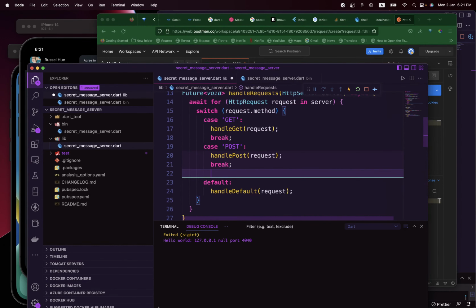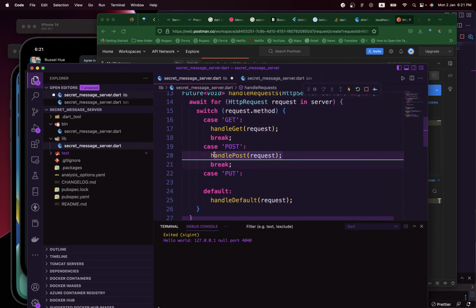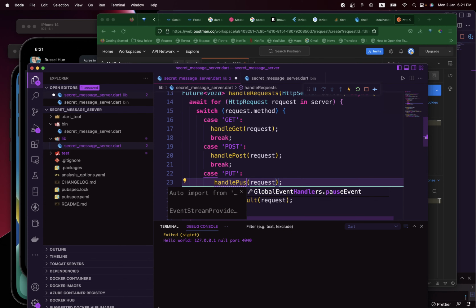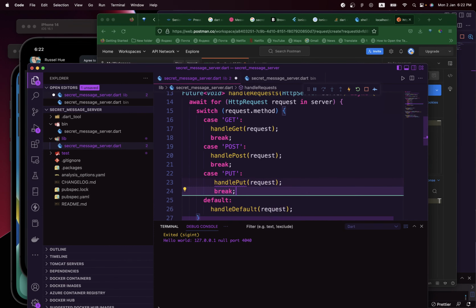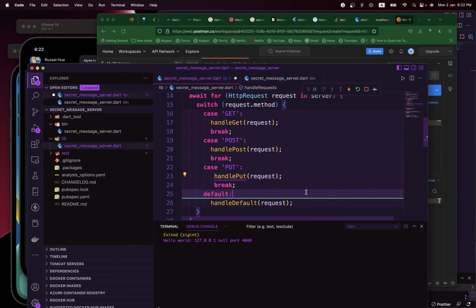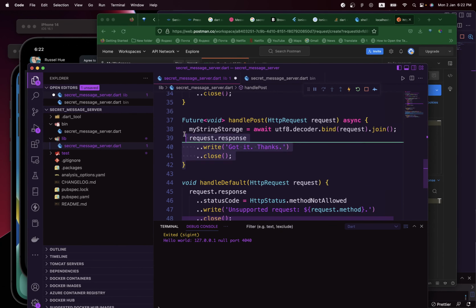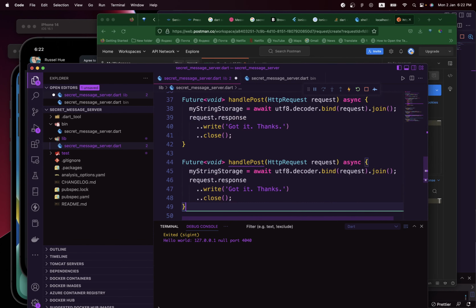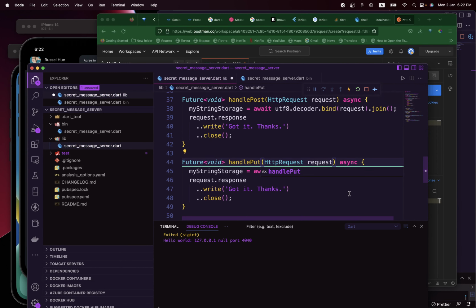Let's try another request. Let's try something like case put. Let's try a put request. For that, I'm going to create a function. I'll call this handle put request. And then once everything is done, go ahead and break out. This handle put request, we just need to create it here. Call it handle put. It sends back the request, and what we need to do, stay appended to my string, and then